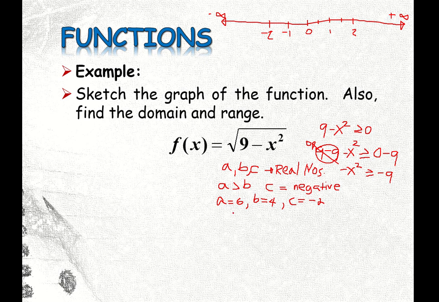So from here we have A equal to 6. Of course, this is A greater than B, so it's true, right? 6 greater than 4. Is it correct? Okay, so 6 is bigger than 4. Now, if C is negative, if you are going to, for example, multiply, so this is the rule, class, the rule in inequalities. So if you have, assuming A and B and C are real numbers, if you have A greater than B, and